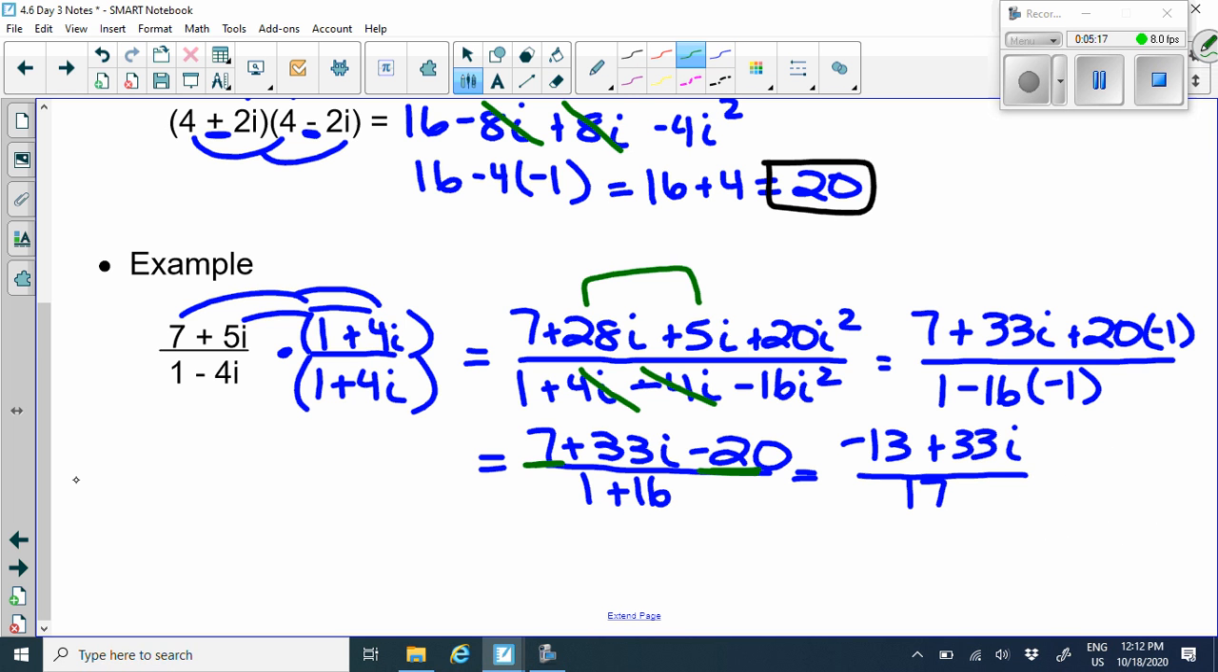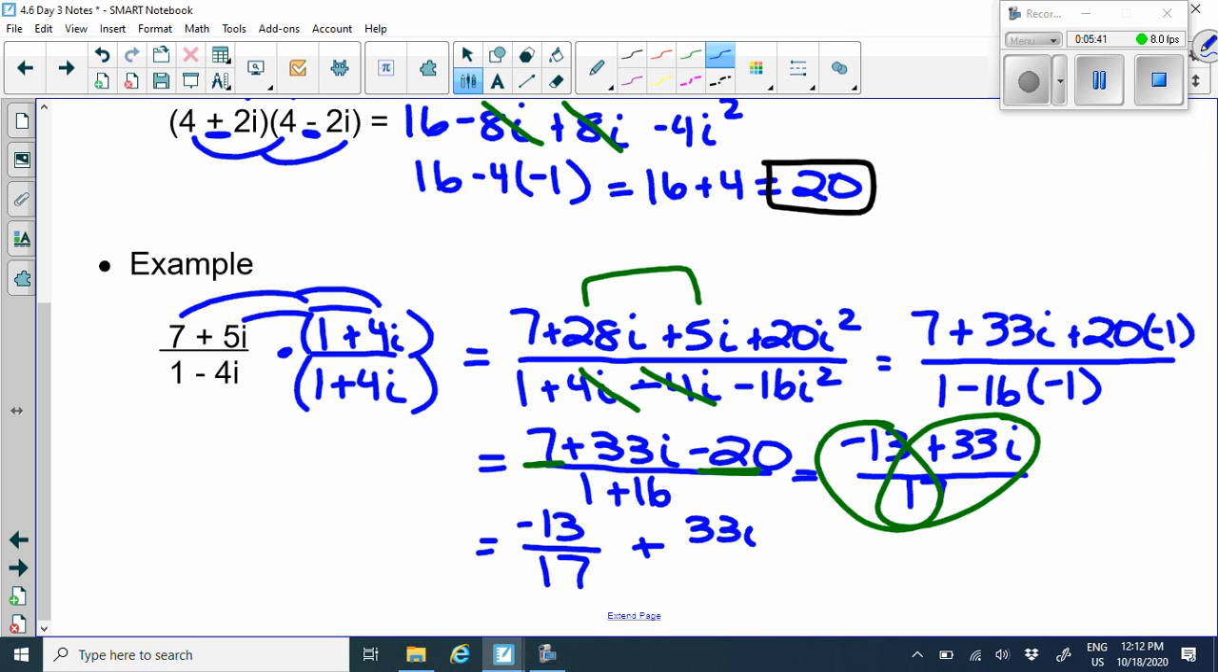So we have negative 13. That's going to be over the 17. So I'm going to go ahead and rewrite that here. Now 33 is positive, so I'm just going to go ahead and do a plus. If you'd rather do plus and then the negative sign whenever it's negative, that might be a good idea. So now we take 33 and put that over our denominator, which is 17. And so when we do that, we have our real part, which is the negative 13 over 17 plus 33i